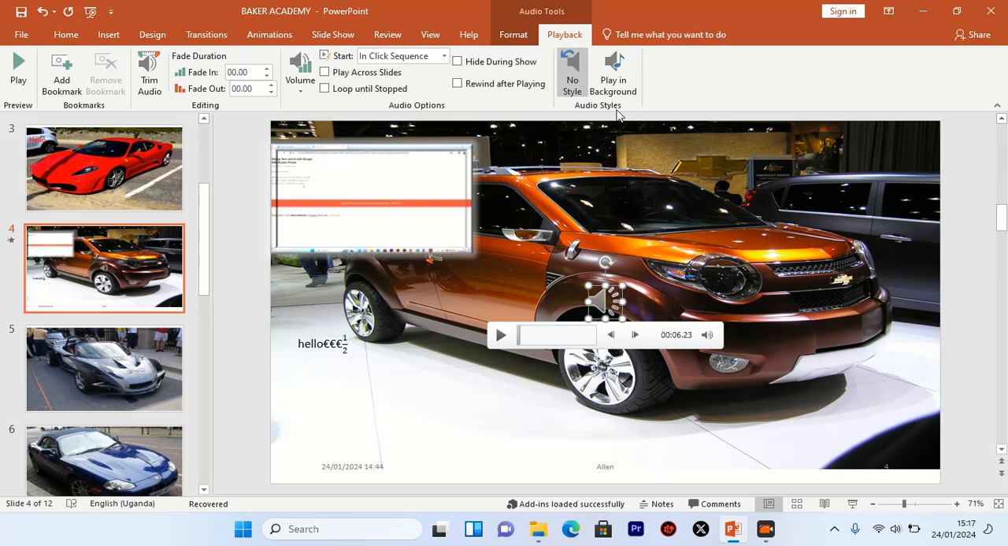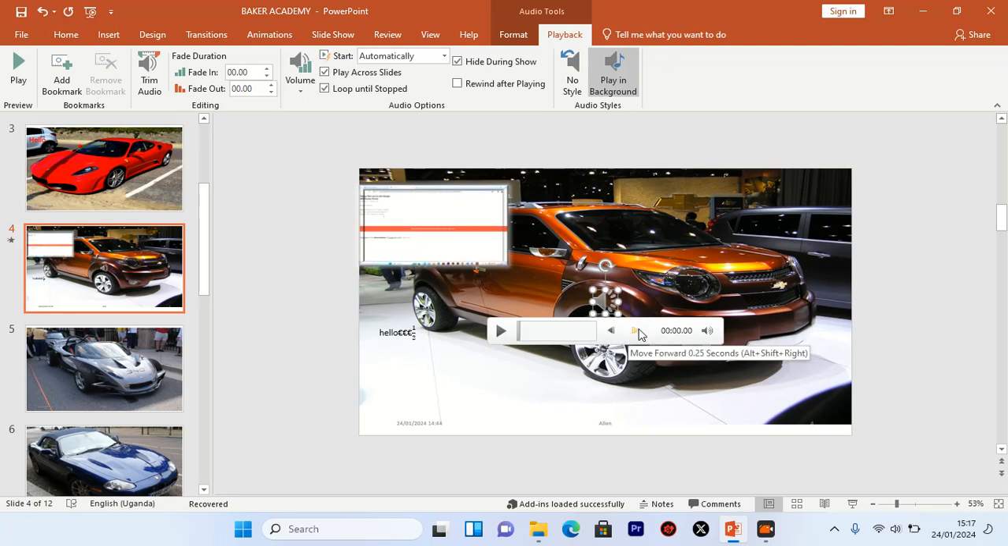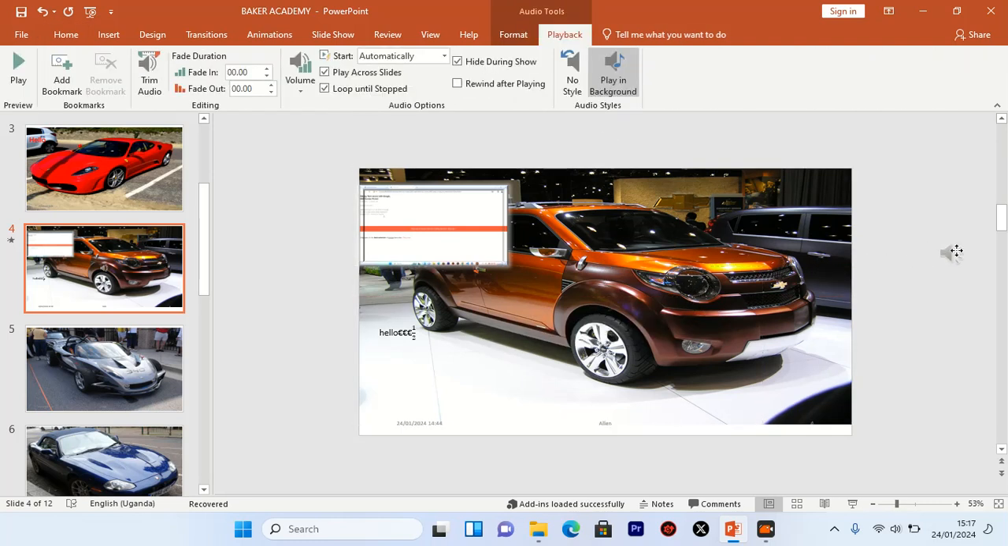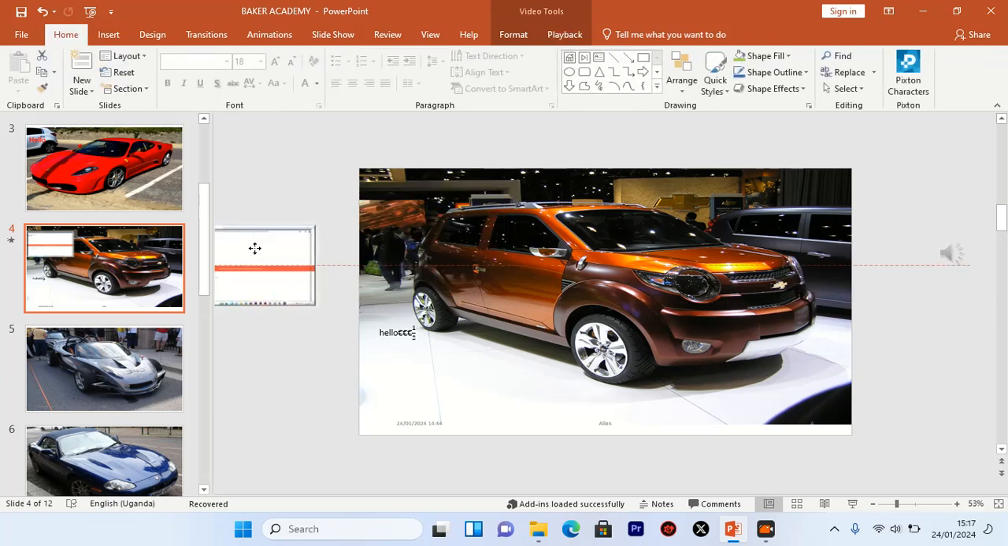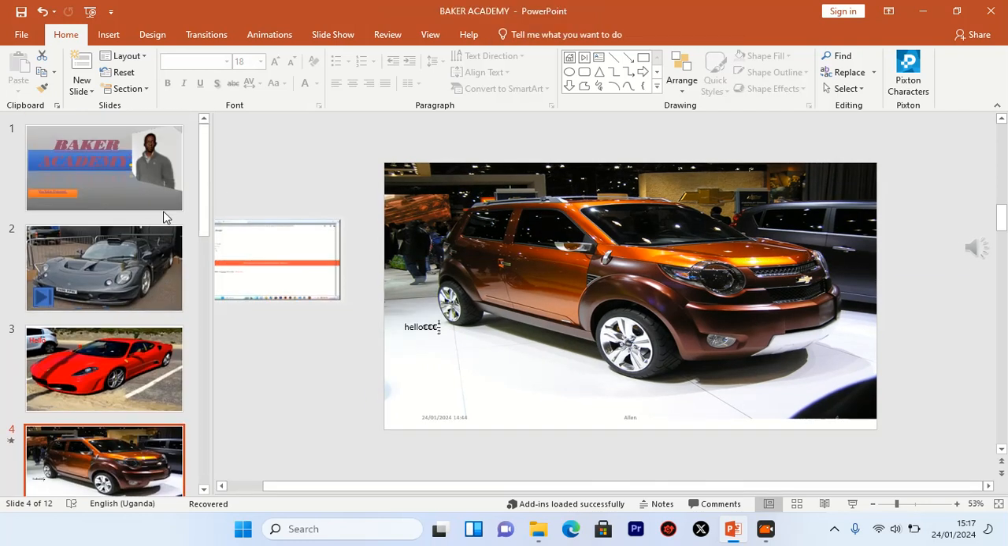Okay, if I say play in the background, it is going to be applied on all the slides that I'm having, but it's going to be playing in the background. If I reduce here and I just put it outside, I have to grab it. Okay, grab here, put it outside of the PowerPoint. Then even this video I can put it outside, and if I go back on top and I click on my F5,